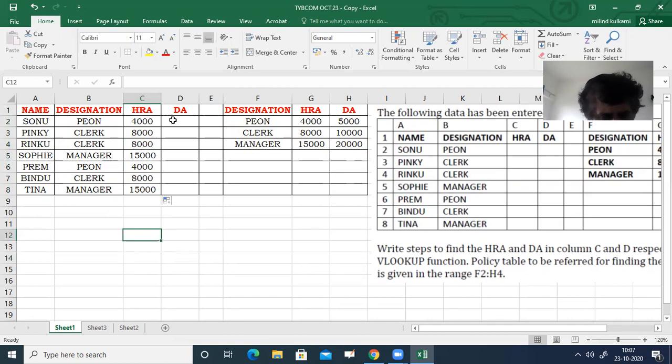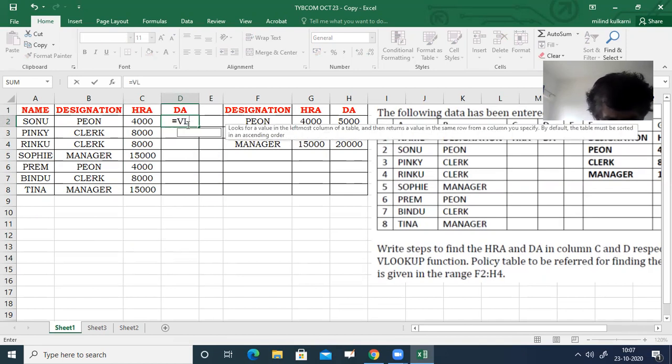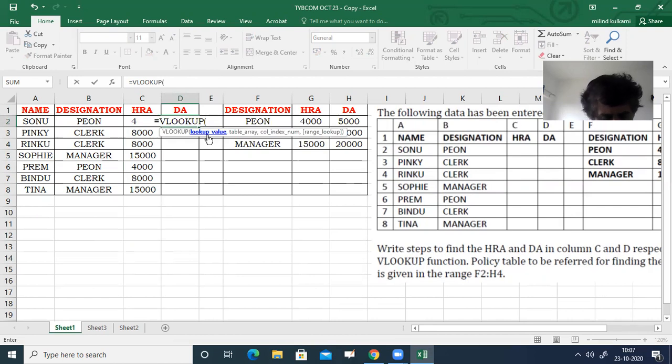Then to find DA using VLOOKUP, again select D2, double click on that, equal to sign, type VLOOKUP, again B2, comma, for DA the range is from F2 to H4.